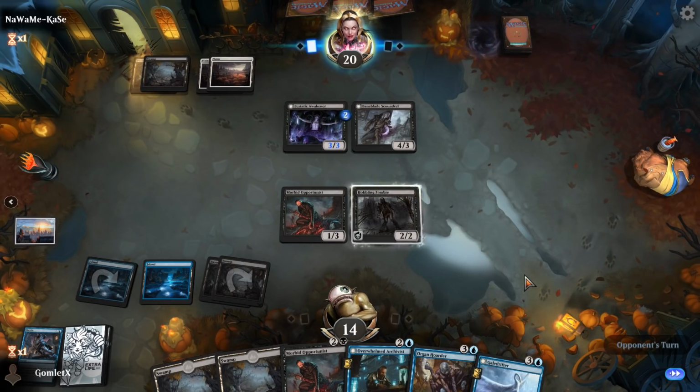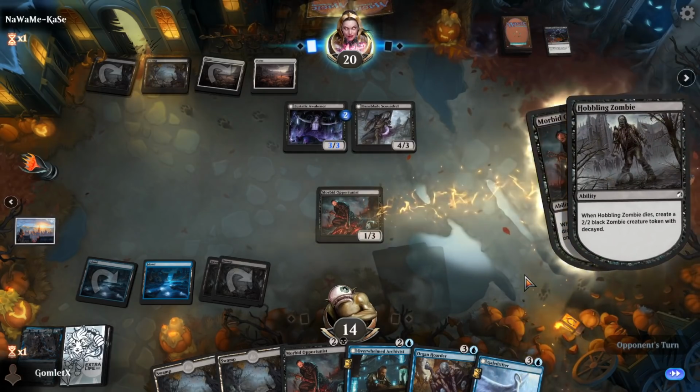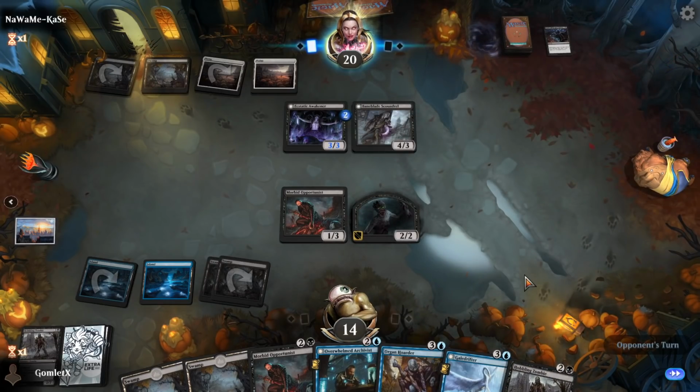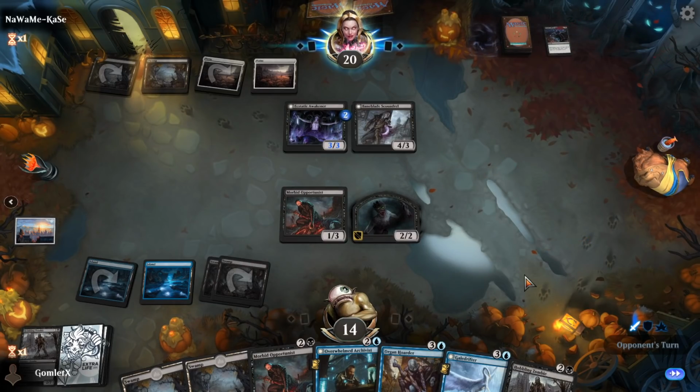So our opponent has 3 cards in hand in their black-white deck. They go for an Olivia's Midnight Ambush to kill the Hobbling Zombie. We do draw a card off of that, but now we're taking 7, unless I chump block with Opportunist. We did draw into another Hobbling Zombie, which is good. However, I'll only have 5 mana next turn, so I can't really...